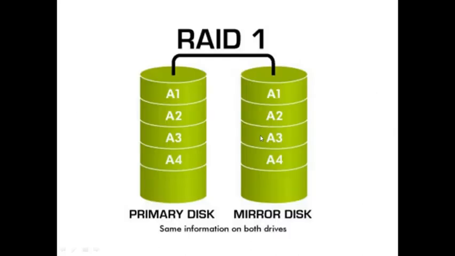And this is how RAID 1 looks. These are the primary disks and these are the mirror disks. Both the disks have exactly similar content. That means if you have disks totaling 4 TB, only 2 TB of data can be used and half of the space will be lost. The data will be there. The exact amount of data is stored in both the arrays.